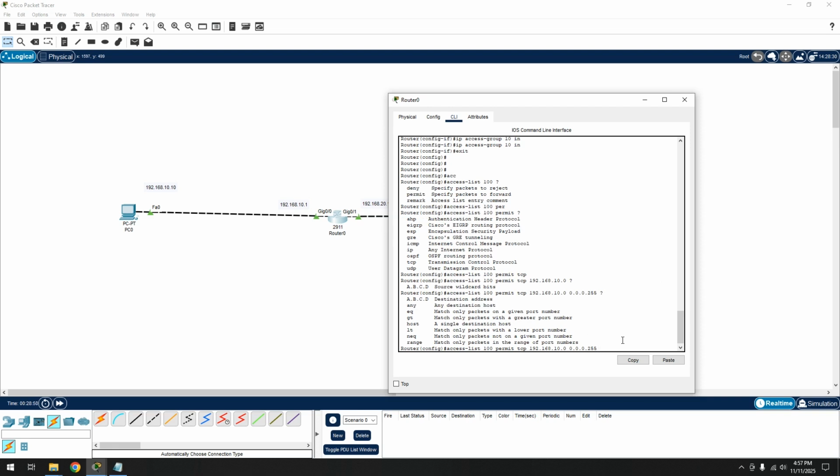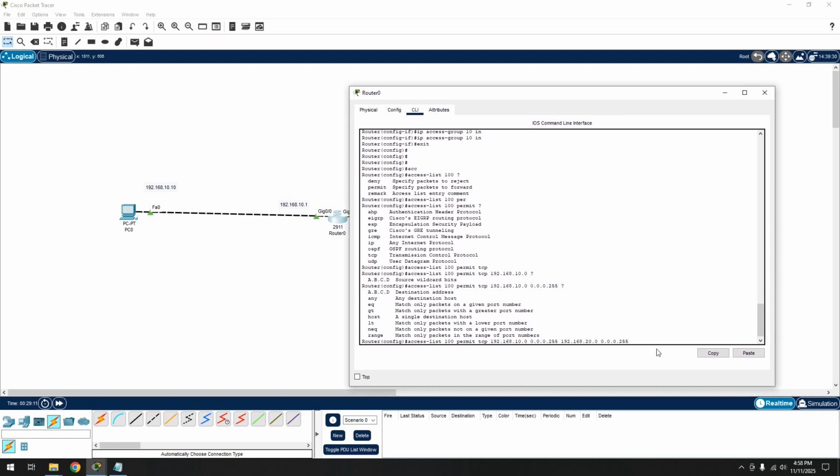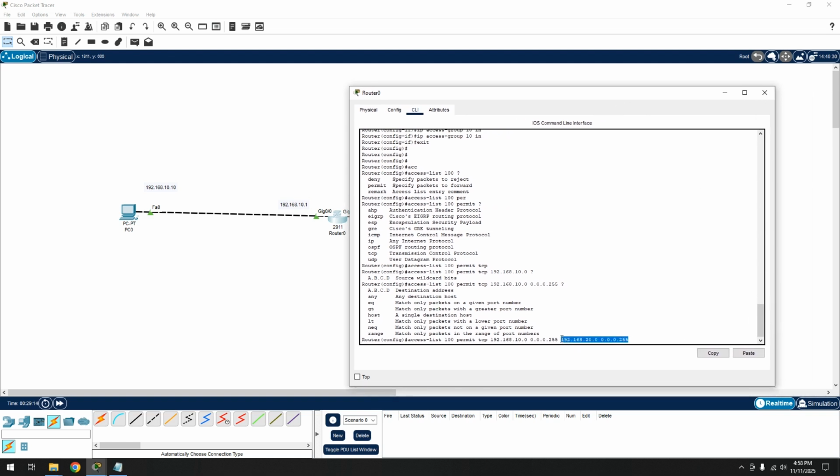So our destination IP address was 192.168.20.0, and the wildcard mask 0.0.0.255. So this is the destination, this is the source,